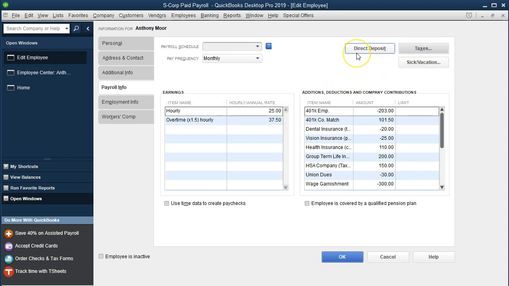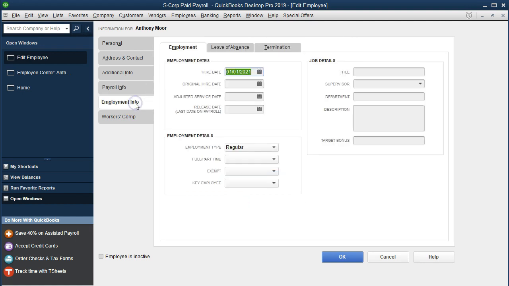We can also, of course, set up the direct deposit here and the sick and vacation pay from this information as well. Then we go to the employee information. We've got the date hired, which is going to be mandatory. So we should have the date hired, original hire date, adjusted service date, and release date. So if there was a release date, the last date of payroll. And then we have the employment details, employment type,